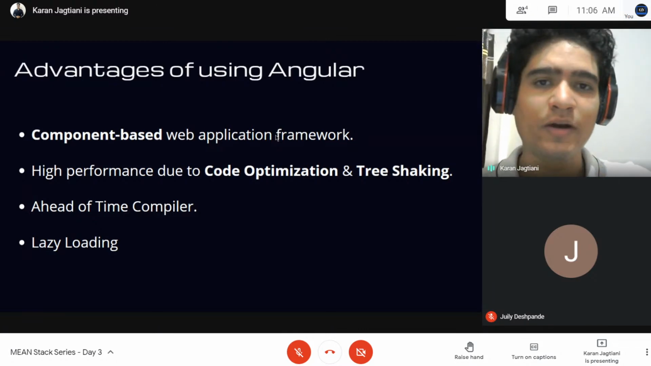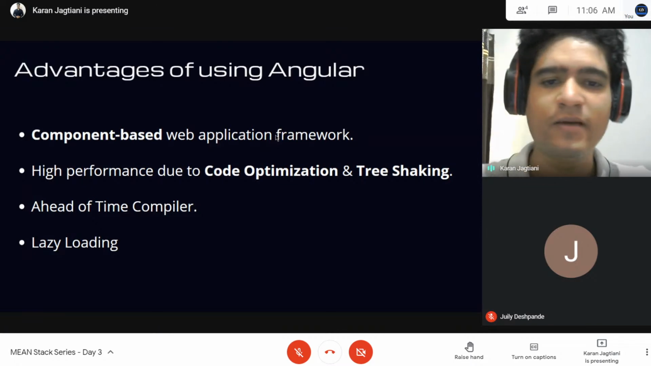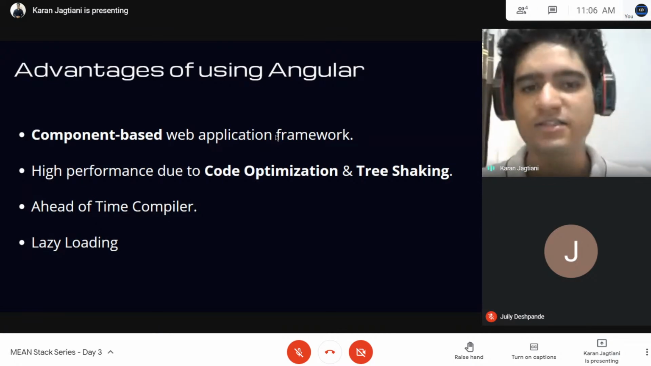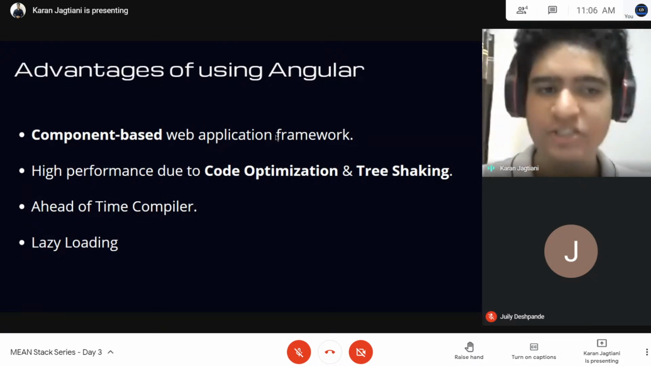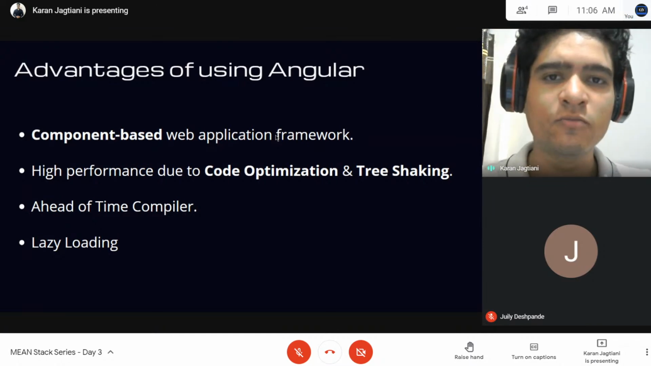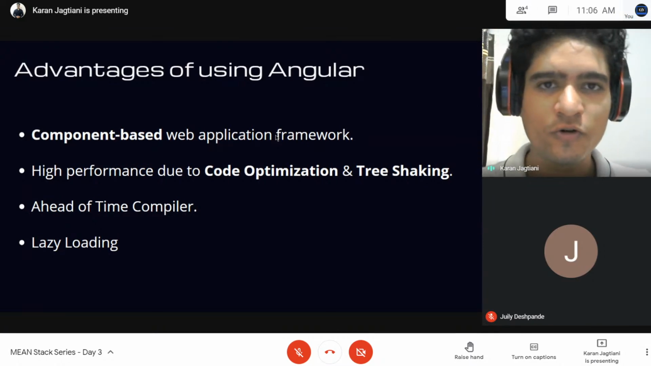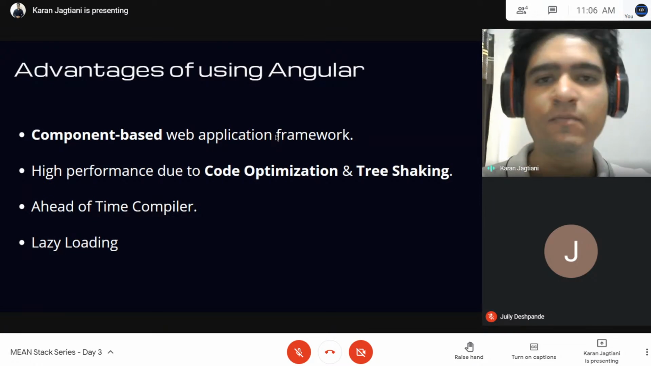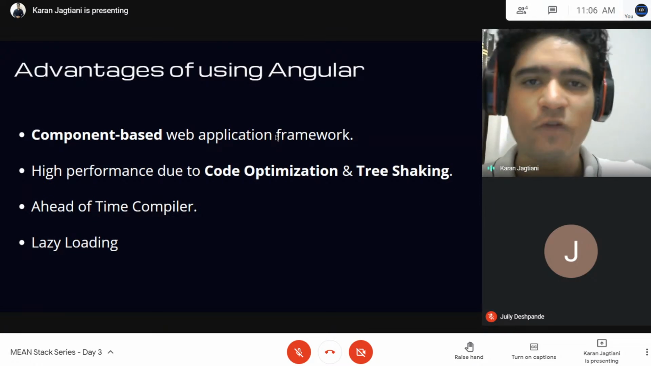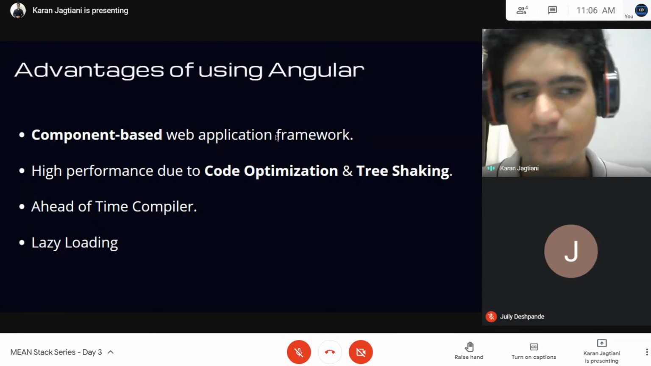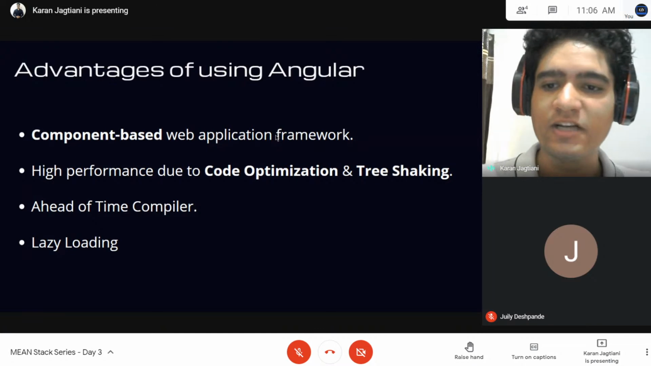Then it provides high performance to your web application compared to just a native web application, because it has built-in features like code optimization and tree shaking. Tree shaking removes the chunks of your code which are unused, the code that you have written but that is completely unused. Instead of having it in the final build version, it removes that code. That, you can say, is tree shaking. And it also has an